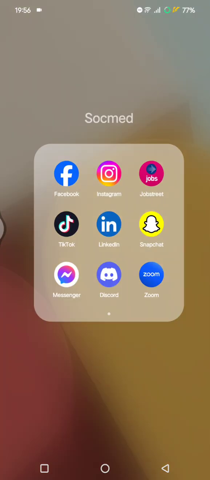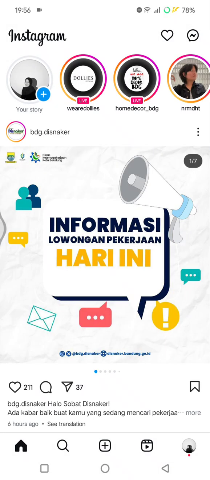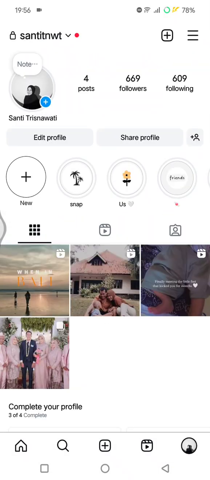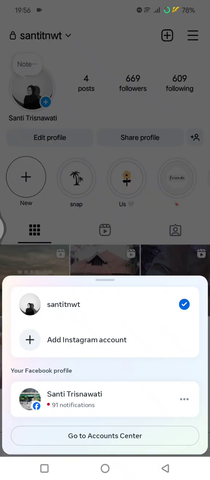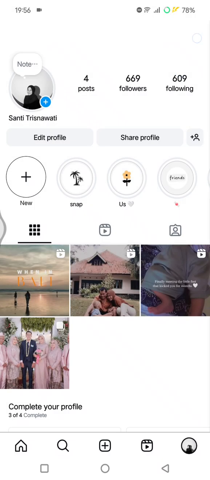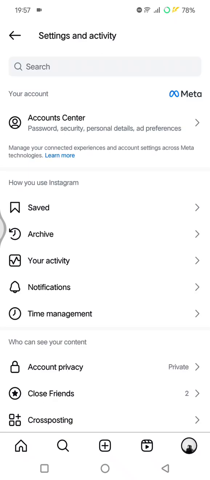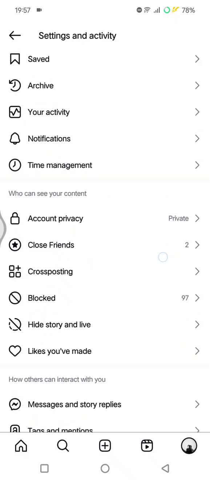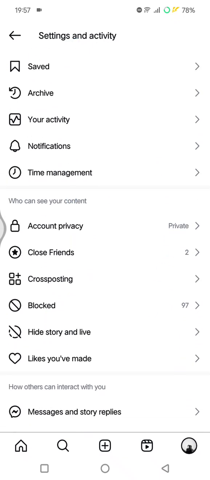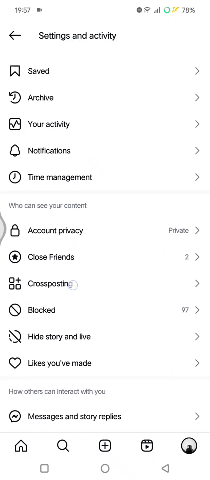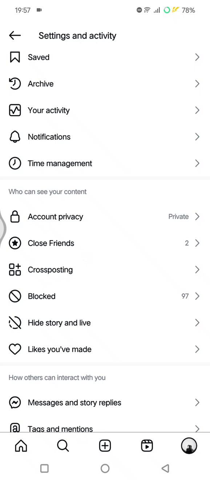So first, let's launch the Instagram app. And then here, you can just go to your profile at the bottom in here and go to the three lines icon at the top. Okay, so this is the settings and activity page. You can just scroll down, and here under the who can see your content section, there will be this cross posting option. So when you click on that,